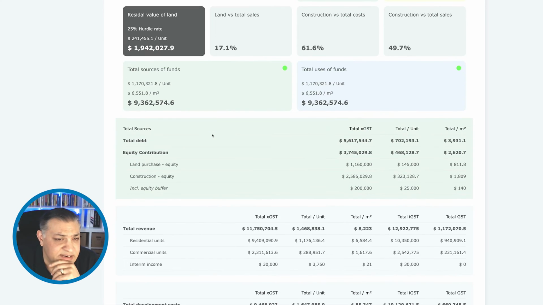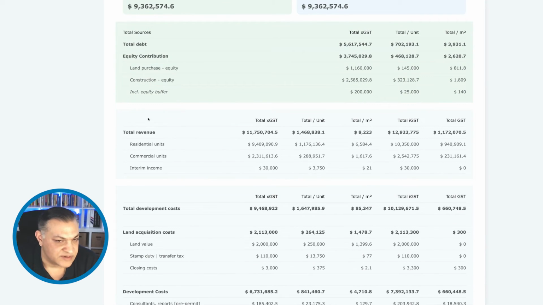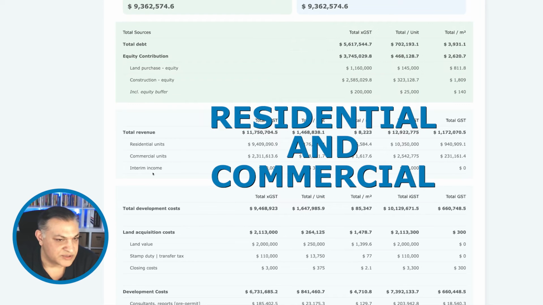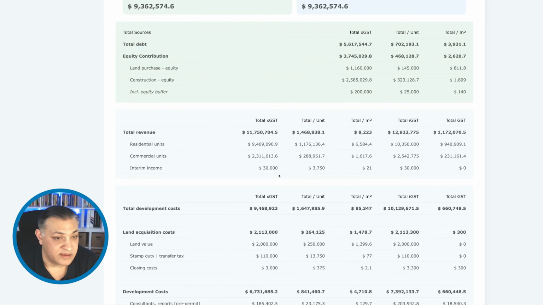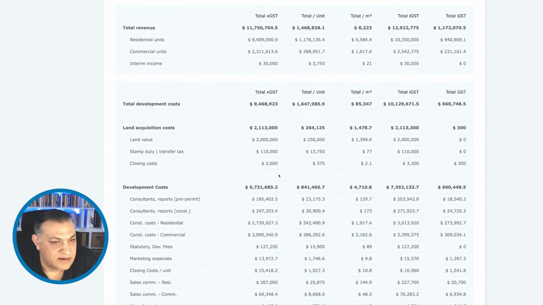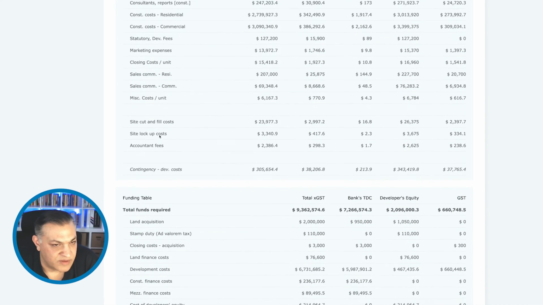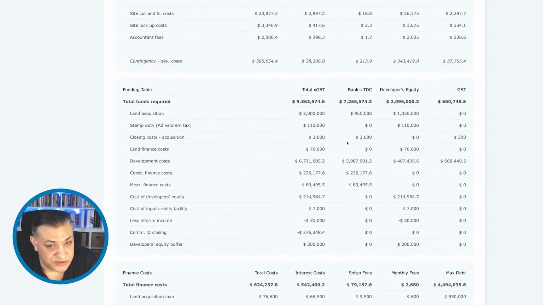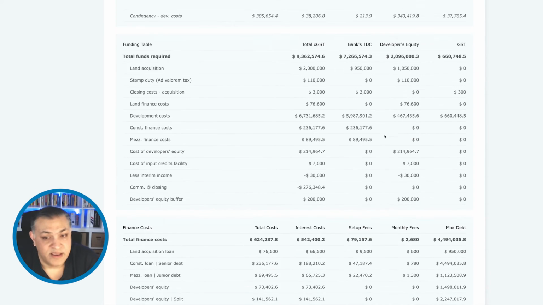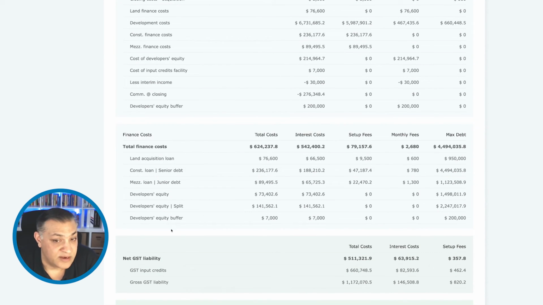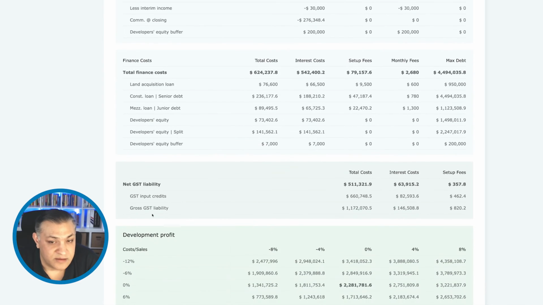So it should detail all your sources of funds, where all the debt is going to come in, a breakdown of what equity is required at land purchase or construction, different streams of revenue, if it's residential, commercial, or are you going to make anything during the development, which is known as interim income, and all the different development costs, your land acquisition costs, a breakdown of all the development costs, a funding table that shows who's funding what and what kind of options we are going with, then all the different finance costs breakdown, your GST